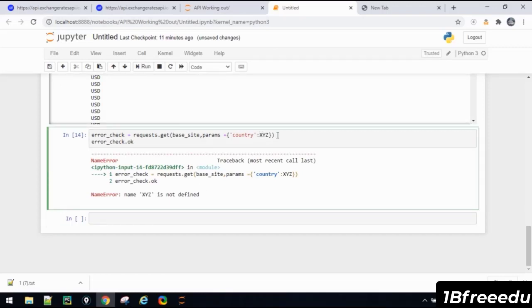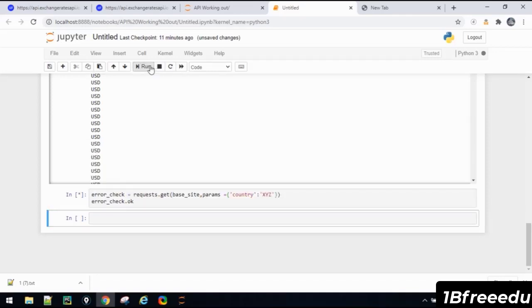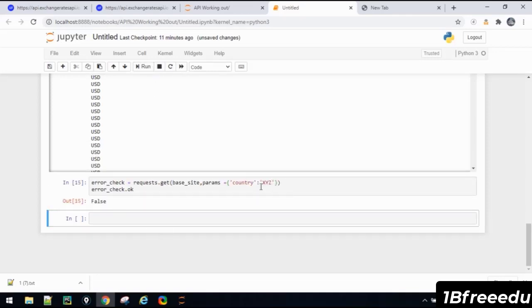So for example, here I'll use quotations just to make sure that we are getting different sets of errors. If I am not using any single quotation or double quotation, it is going to throw an error. So if the exact value is not available in the particular website, you are going to get the error status as okay as false. For example, if I do error status code, it is again going to throw some error, maybe